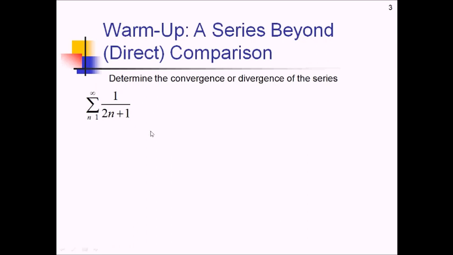Alright, so we've tried our litany of tests here. Nth term test isn't useful. Ratio test isn't really going to help us out here either. It's not a p-series, but it's pretty close. It's kind of like the harmonic, so we're going to try some direct comparison here because that's really all we've got. So let's compare it to 1 over n, which again is the harmonic series, and we know that that